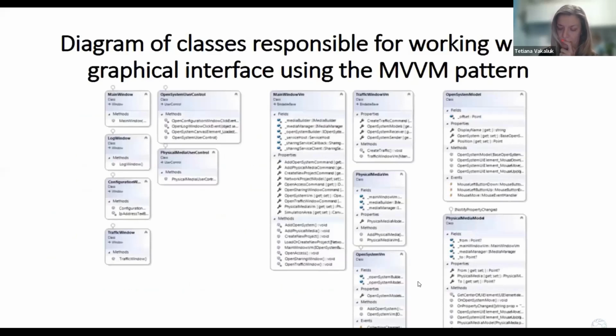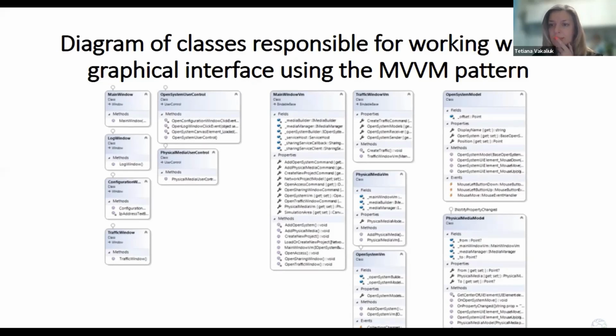The analysis of functional requirements made it possible to single out the following entities through which we implement the software product. The view model is the link between the model and the view through a data binding mechanism. If parameter values change in the model, and the model implements the notify property change interface, the displayed data in the view automatically changes.